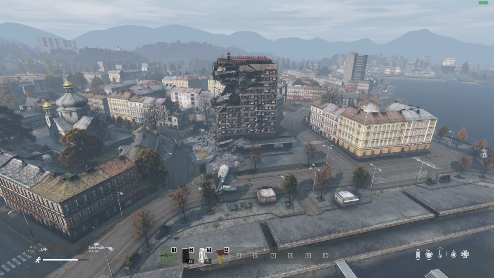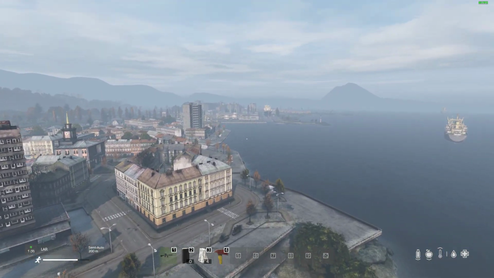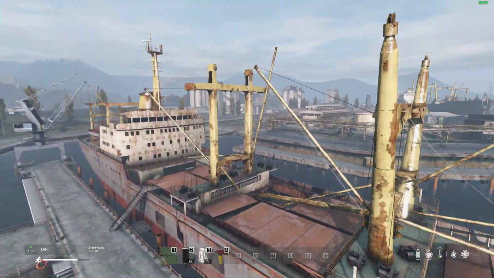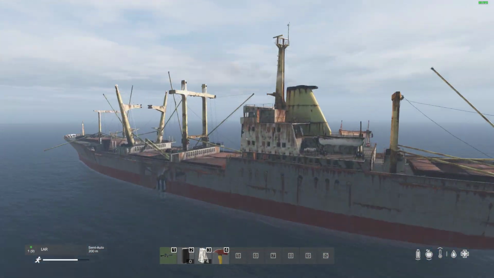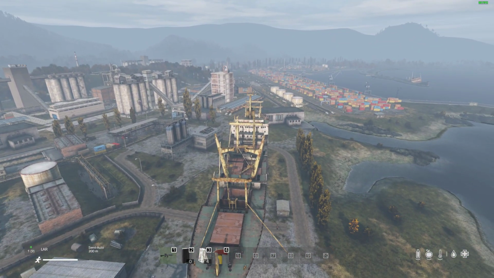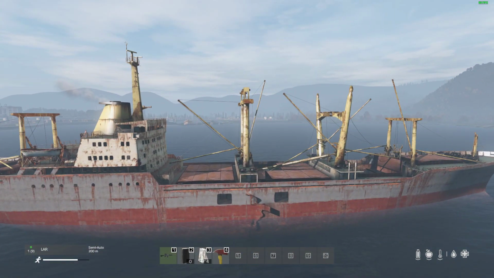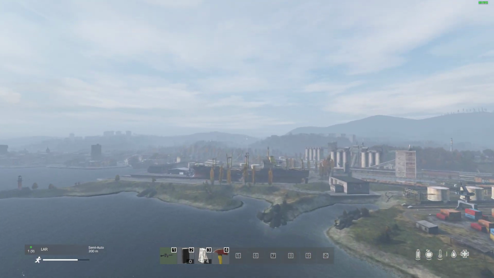A bit of a treat for any server owners out there who are after some custom locations. Now this one, as you can see, we've got these extra things here. Look at this lovely ship that we can climb on and loot will spawn on. And also we've got another ship out here in the bay. There's a ship in dry dock here ready to launch, although it's in pretty poor condition, you won't want to launch that. And then there's another ship over here which is just sitting here, and there is also a building